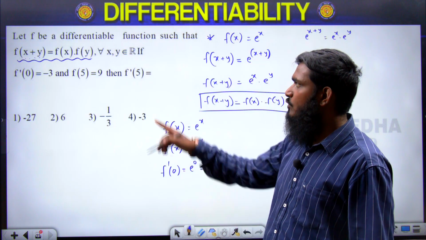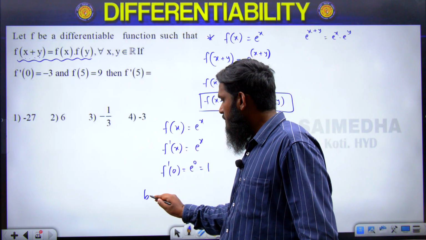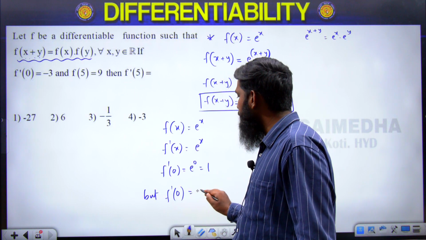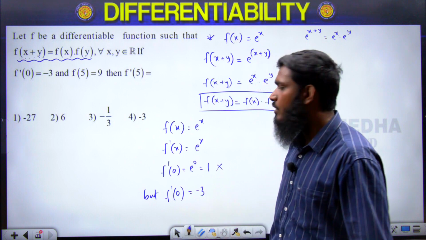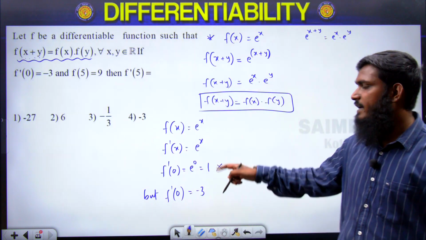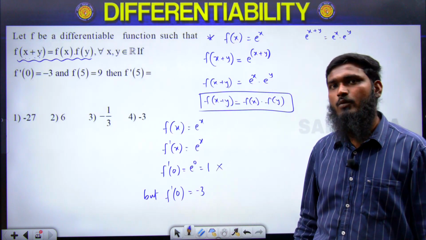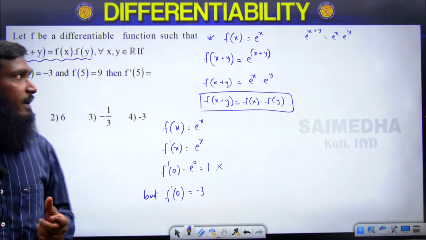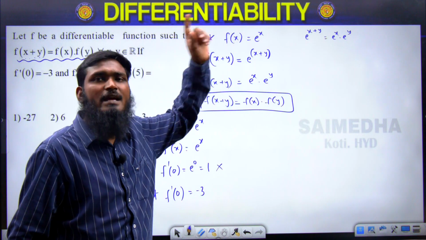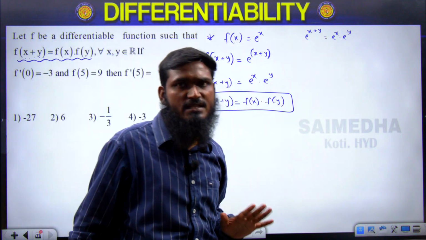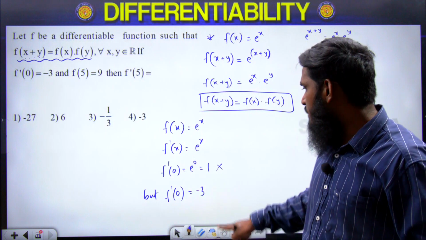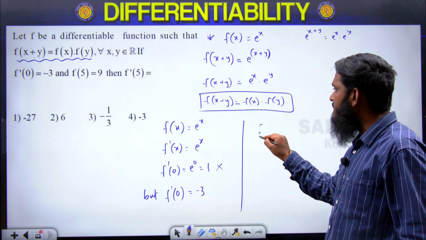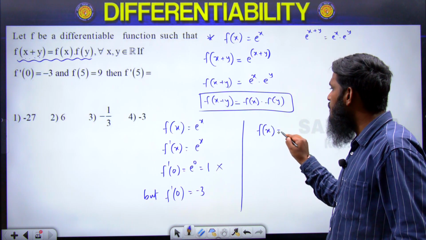1. But what is given? f'(0) is -3. So this part we are getting wrong. We are getting f'(0) as 1, but in the question it is given as -3. So something we have to change. The function we have taken, e^x, we have to make some changes in that function so that we get the answer as -3. So instead of taking f(x) = e^x,